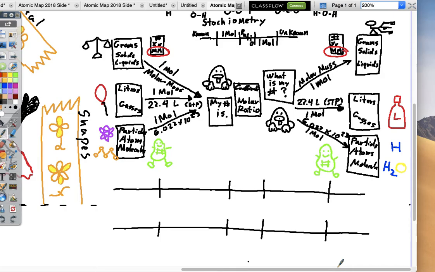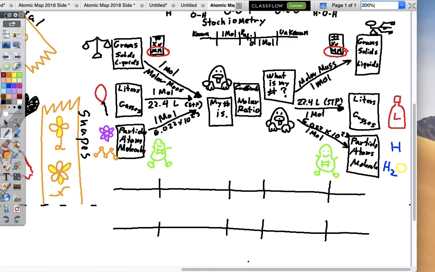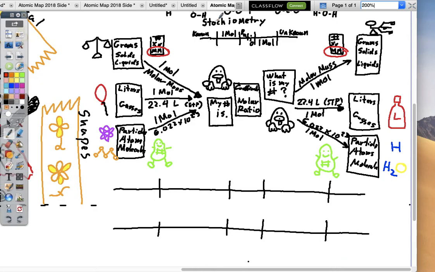Stoichiometry is misspelled, so I'm just going to take a little red right here. Okay, I'm going to drag it over a sec. And I'm going to make this S-T-O-I. Stoichiometry, okay? S-T-O-I-C-H-I-O-M-E-T-R-Y. Stoichiometry. Okay,